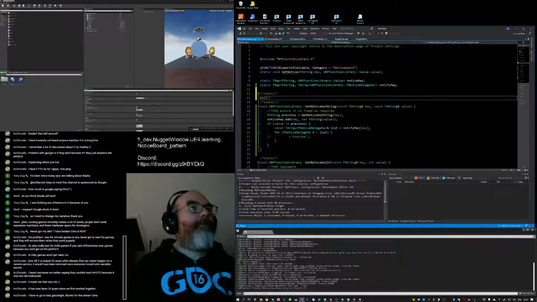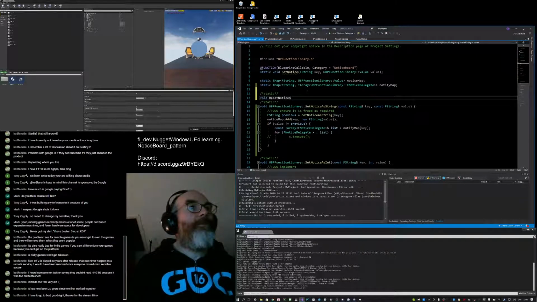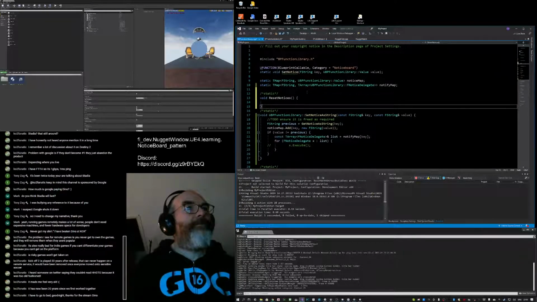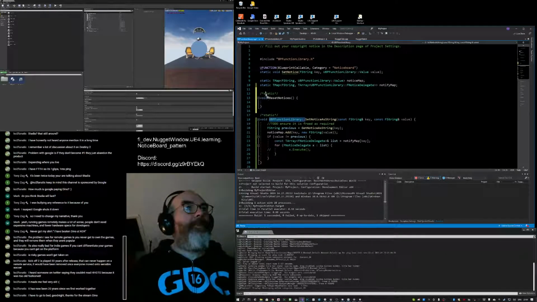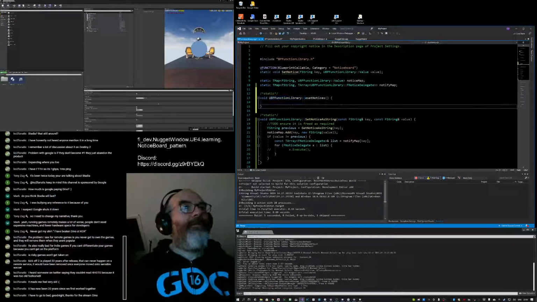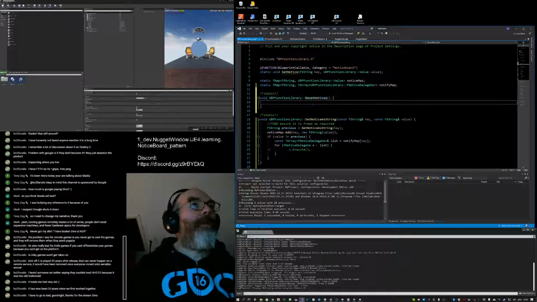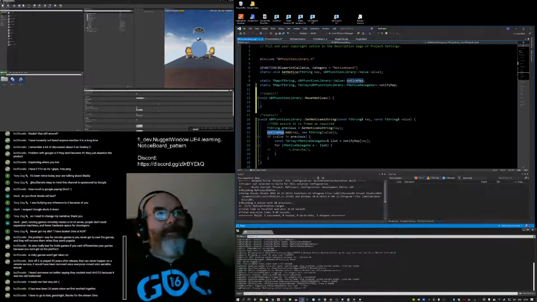Static void reset notices. UBP is... it should clear the notice map.